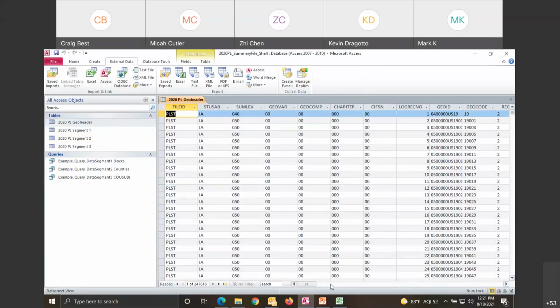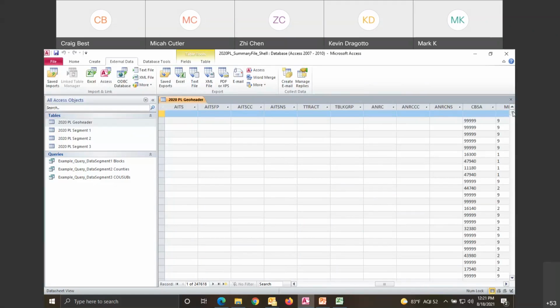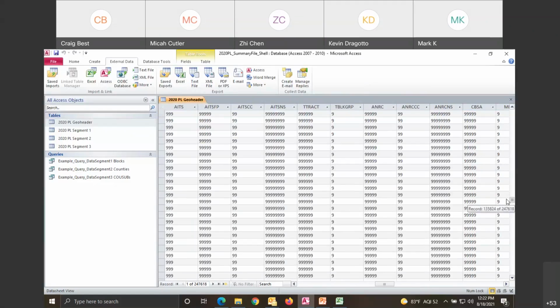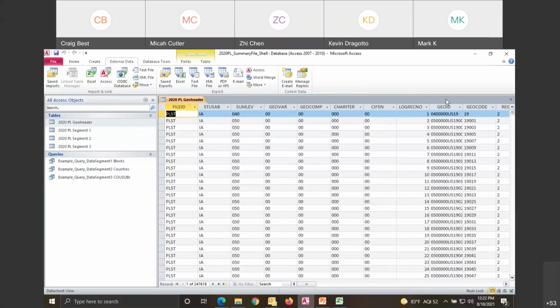Now there's lots of cells of data, and not all these cells will actually have data in them. As you scroll across, you'll see quite a few blanks over here, blank fields. If you scroll down, I won't scroll down through all of it here, but the fields will eventually be populated for certain records, but not all records. And that's why it's critical to be able to pinpoint exactly what it is you want to get. This field, log rec no, the logical record number, this is the number that links to the other files, file 1, file 2, and file 3.